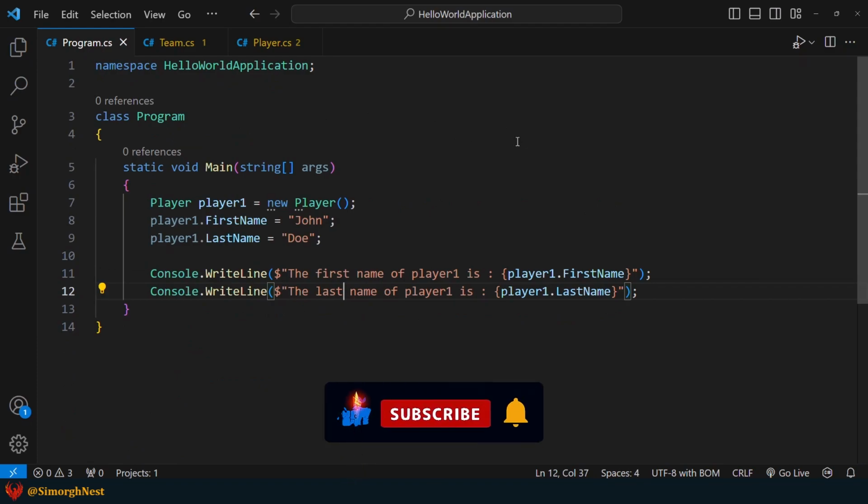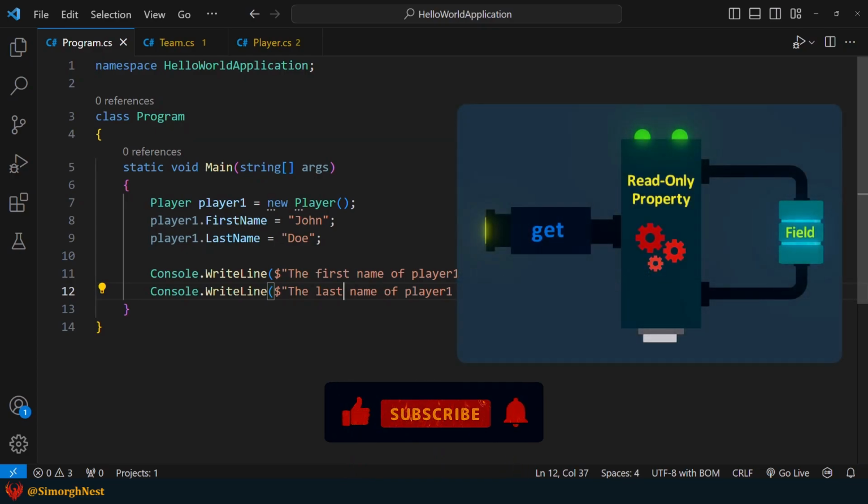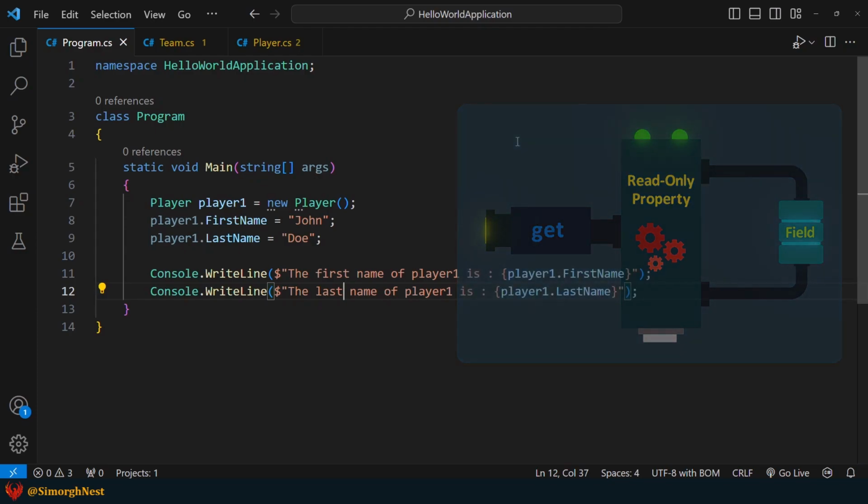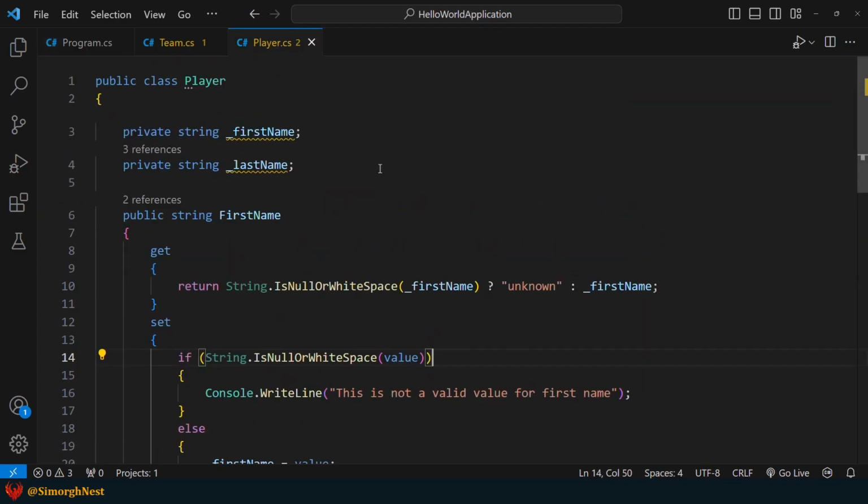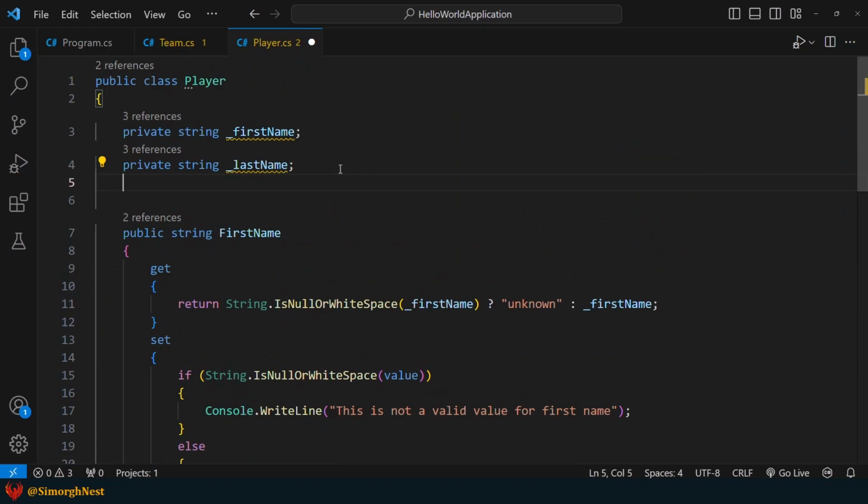Now, let's explore how to create a read-only property. A read-only property allows us to retrieve or access its value, but we cannot change or assign a new value to it. When a property only has a get accessor and doesn't have a set accessor, it's known as a read-only property. As an example, let's declare a Boolean property called isCaptain.